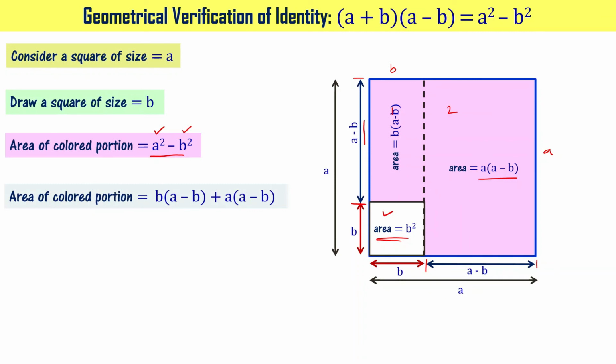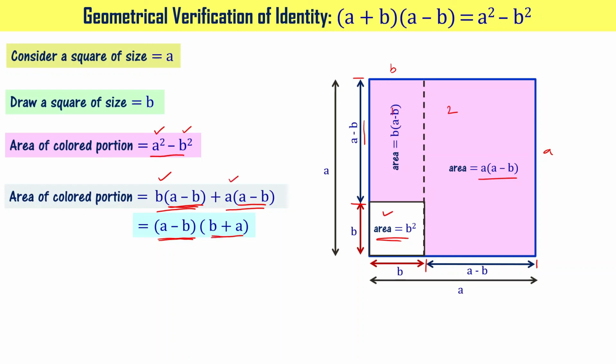Let's sum them so that the area of the colored portion is going to be b times a minus b plus a times a minus b. Now you know how to multiply these and simplify. When you simplify it, you can get it. Of course, instead of multiplying, let's not multiply. Since a minus b is common across these two terms, let me take it out as a common factor. Then what I'll be having is b plus a, right? I have taken a minus b as the common factor out. It means from this term I'll be having b, and from this term I'll be having a.